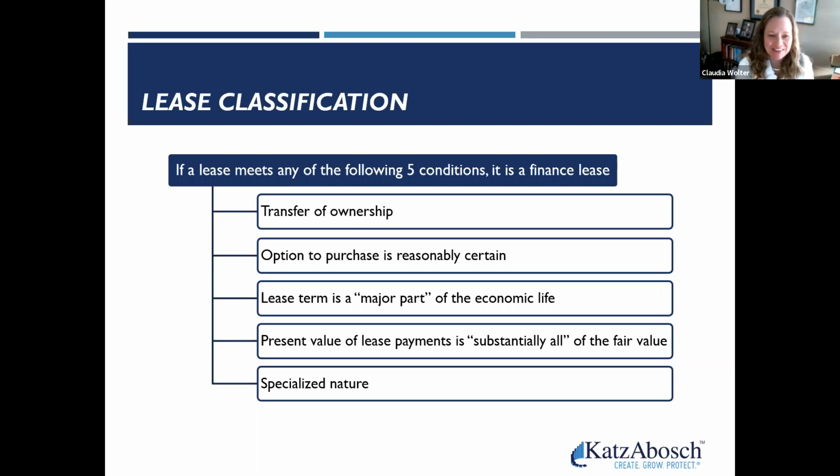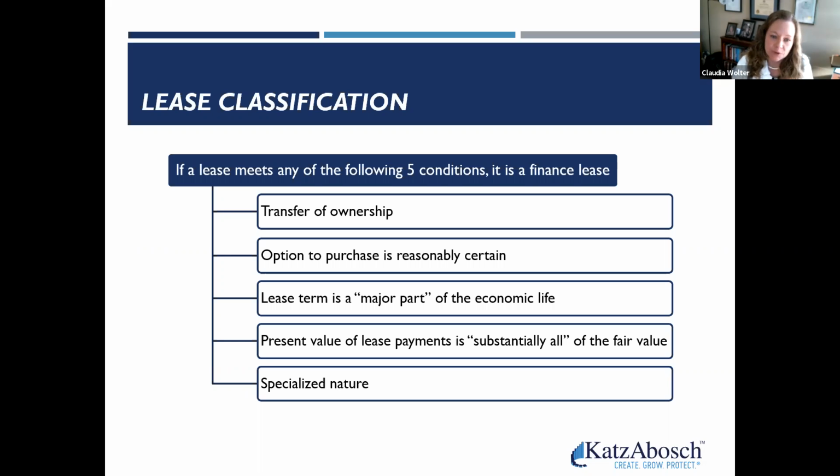What we need to do is look at these 5 criteria, and if any of these 5 conditions are true, then you have a financing lease. Some of these are similar to the old criteria that we looked at to determine capital leases, but there are some differences. First of all, does ownership transfer at the end of the lease? We used to look for bargain purchase options, that $1, or anything that would basically incentivize the lessee to actually take possession of that asset at the end of the lease.